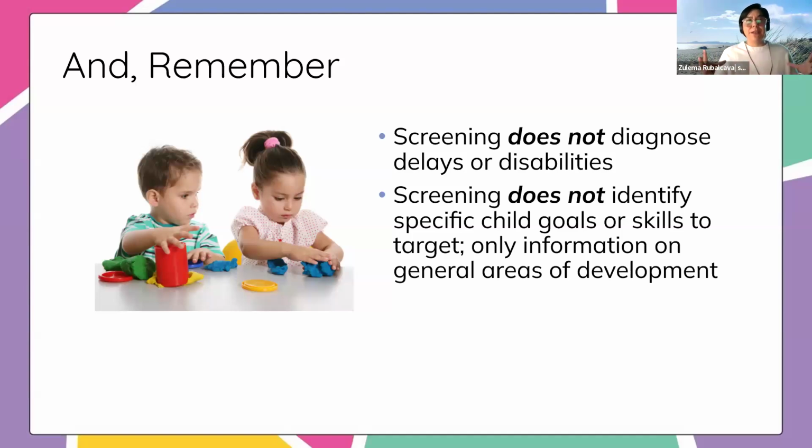We want to get information and say, okay, it looks like in the area of fine motor, we might want to put in more support. So we look at all of our expertise, all of the support or the resources we have with our curriculum, and then build goals or use other tools that help us build goals on that area that's been identified as having some concern.